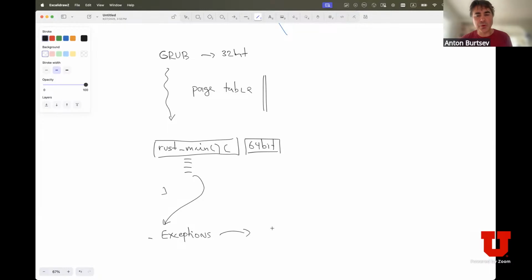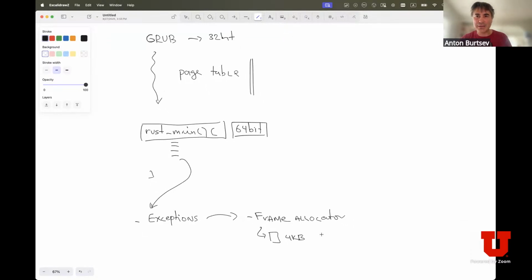And then we will go to a simple physical memory allocator, or we can call it a frame allocator. This allocator will allow us to allocate physical memory for pages, of size 4 kilobytes,